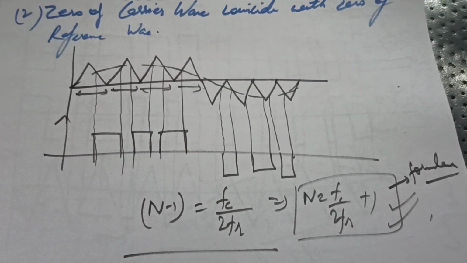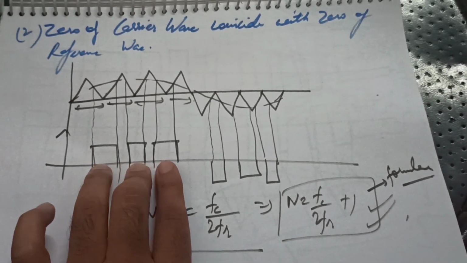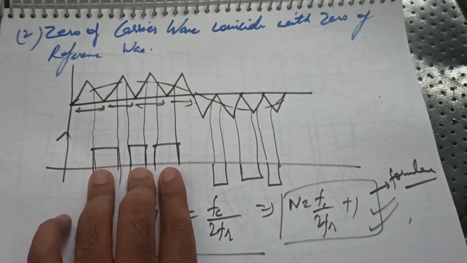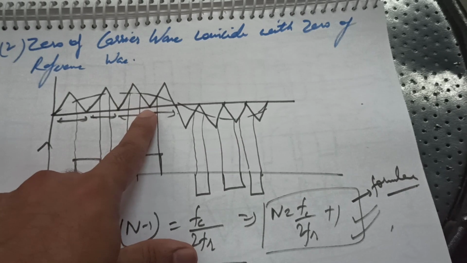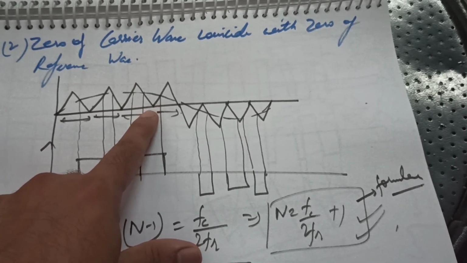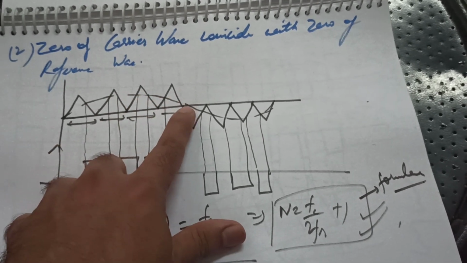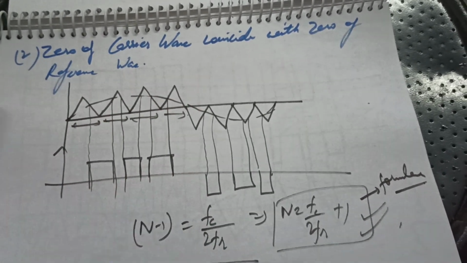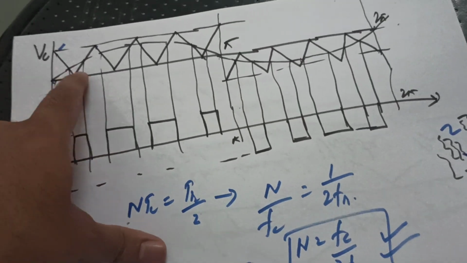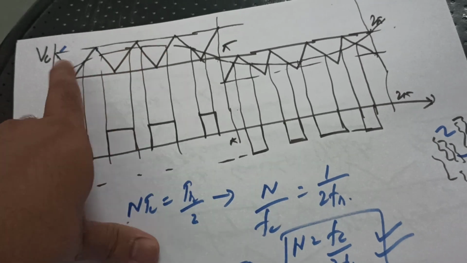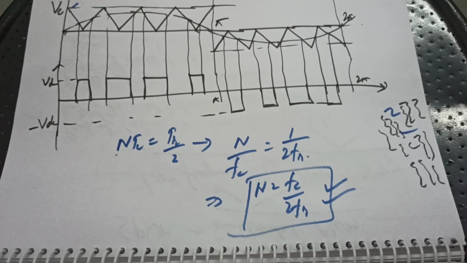You can very well see this thing. Here, how many pulses are there? Only 3 pulses are obtained. But how many TCs are there? 1, 2, 3, 4 TCs are there. Obviously, the number has to be, because you can see the first part, second part, third part, and that's it. So 3 pulses are there. While in this case, this is coming out to be 1, 2, 3, and 4. So 4 pulses are there. Hopefully this is quite clear.